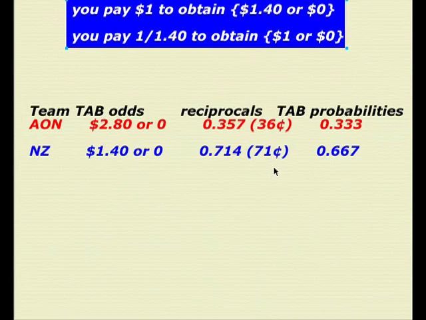Now you can only buy stuff from the TAB, right? Supposing you sell things to the TAB like this. So I'm John Fountain. I go to the TAB and say, look, you're letting me buy at 36 cents and buy at 71 cents. Why don't you buy from me? Well, first the TAB is going to say, who are you? And rightly so, because how do they know I'm going to pay out of my debts?